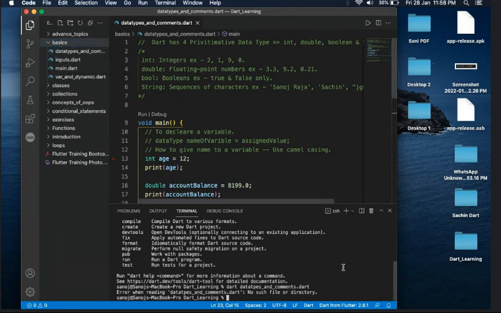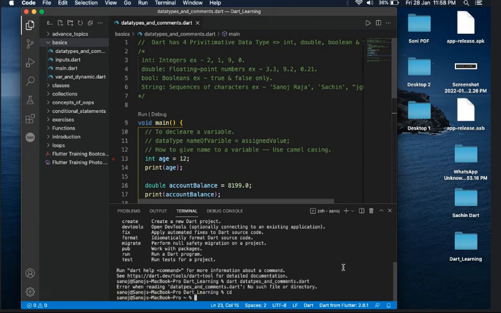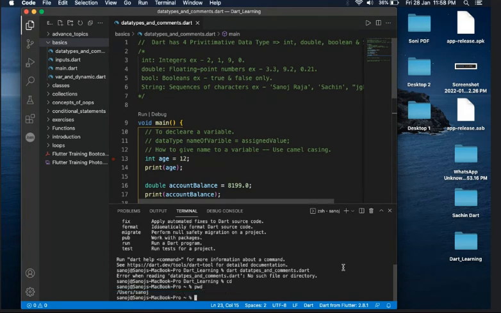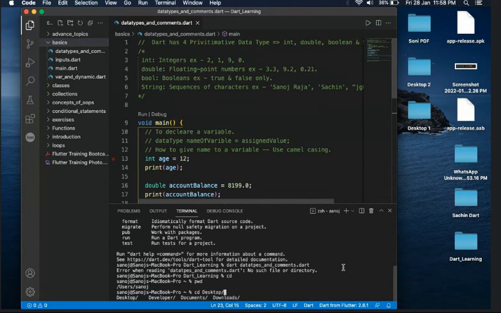So first I have to go there, and if I show you the present working directory, in Windows you can see it by using CD, but in Dart you have to use PWD, present working directory. So I'm at the Sanoj sub level, and after that we have a desktop. So I will just move to the desktop. After that we have desktop, Dart basic, Dart learning, and after that we have